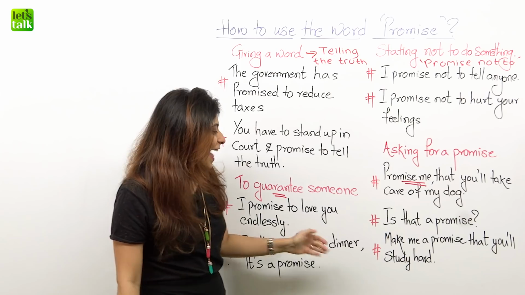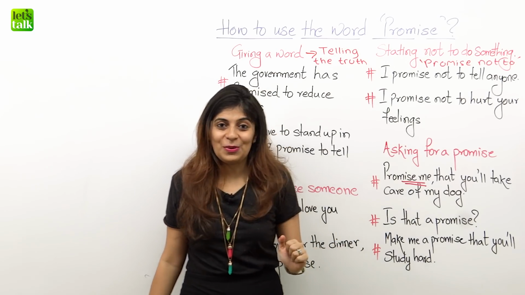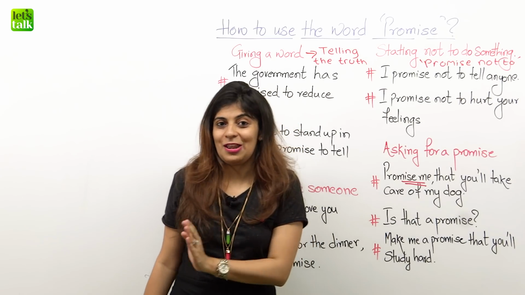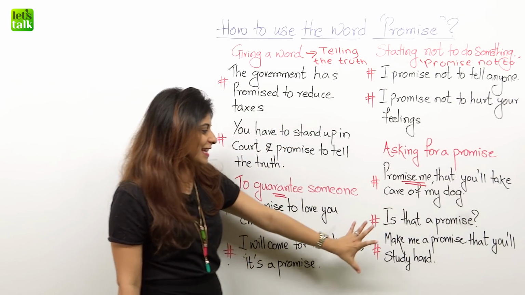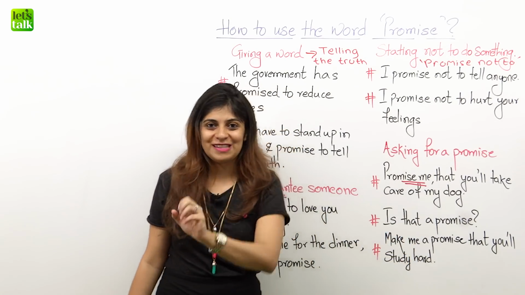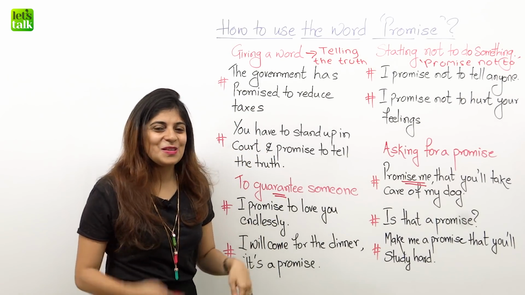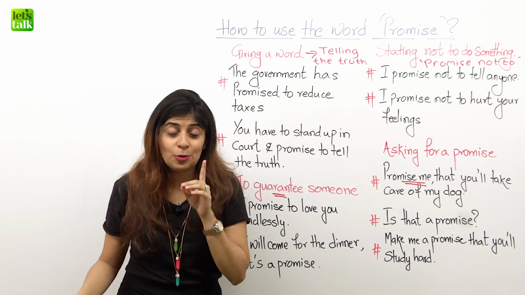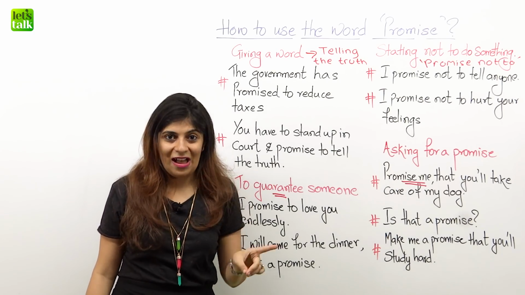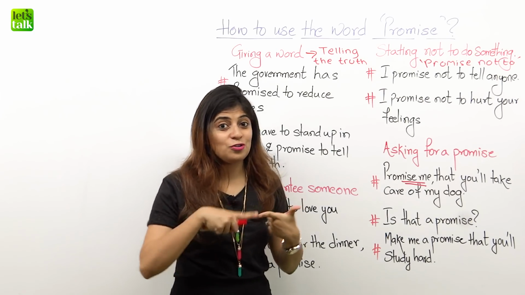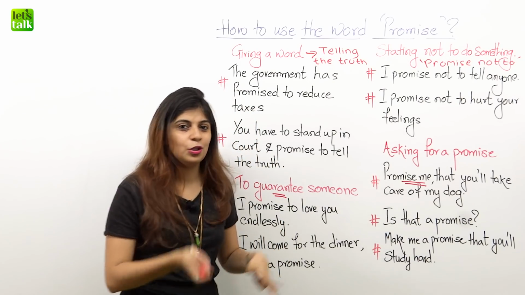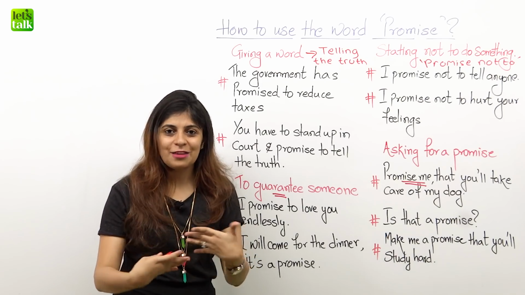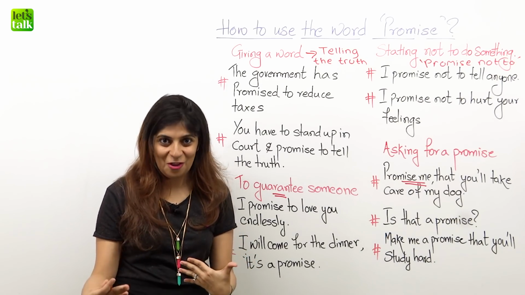Okay? And then another example for you is, make me a promise that you will study hard. Oh, that's like the favorite for all the parents out there. Am I right? So you always ask for promises from your kids. Well, you need to promise me that you won't lie. You promise me you won't trouble your grandparents. You promise me you're not going to hit this person. So you keep asking for promises from your kids very often.